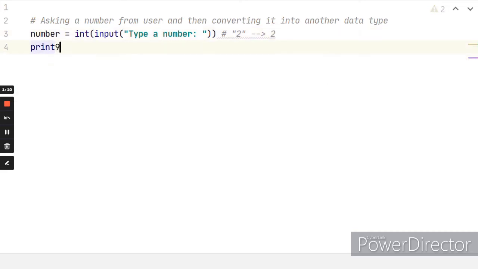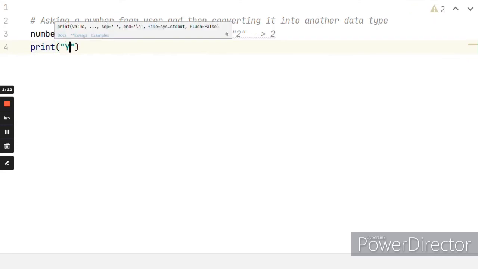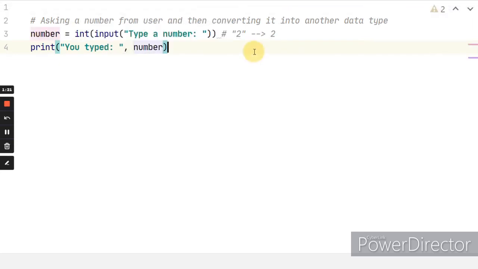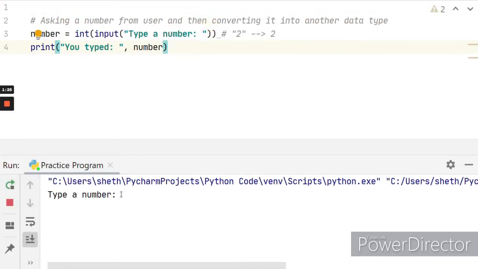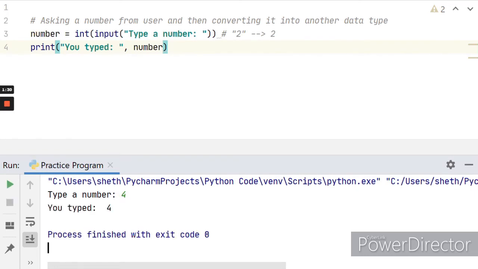We can say print, you typed, then number. Now let's run it and check the result. If you're asking for a number, I will say 4, and see, you typed 4. We get the desired result.